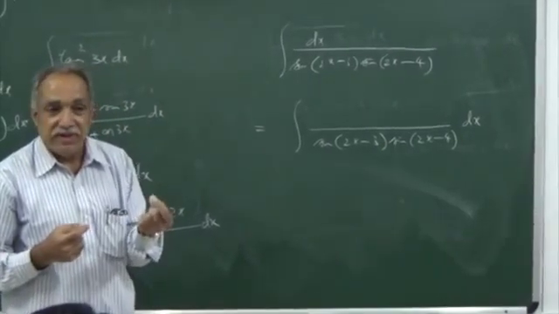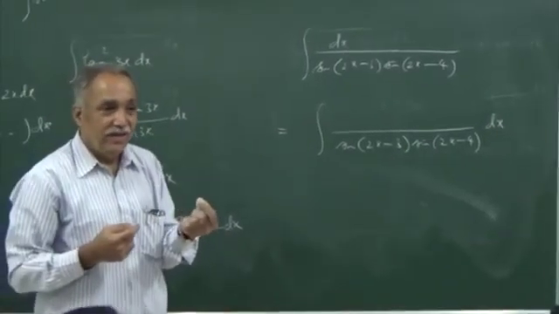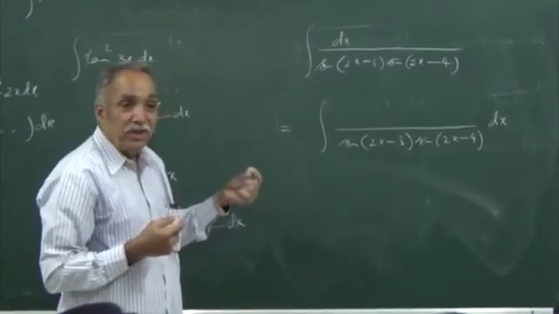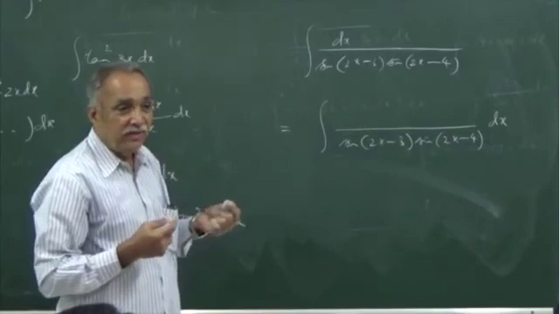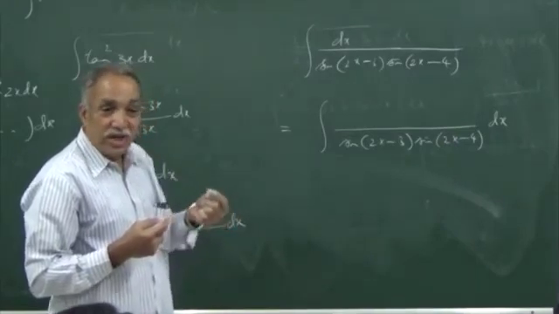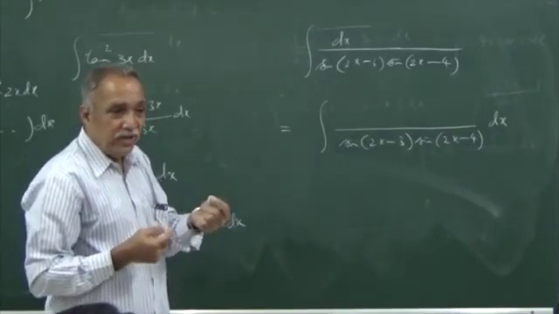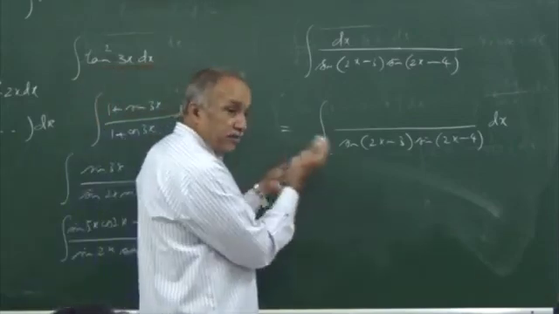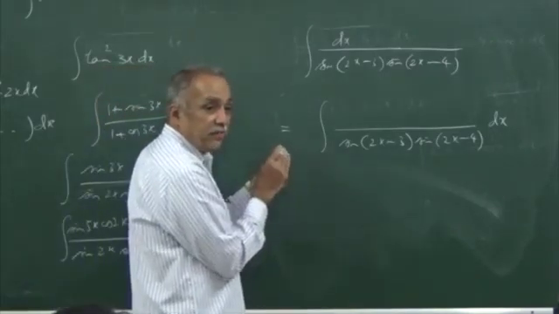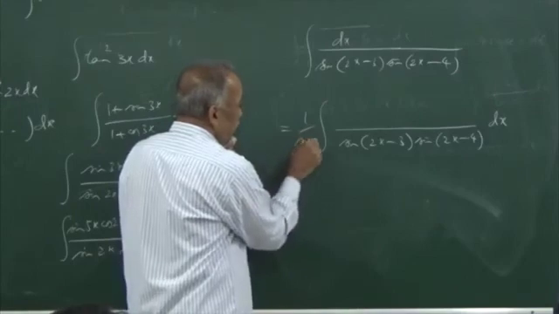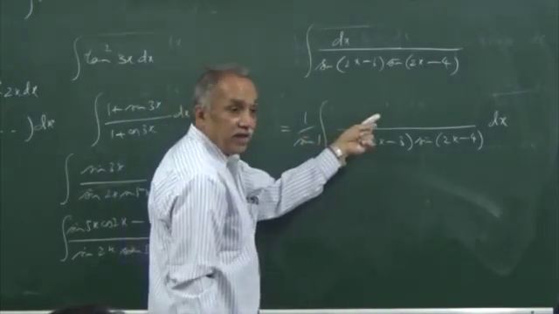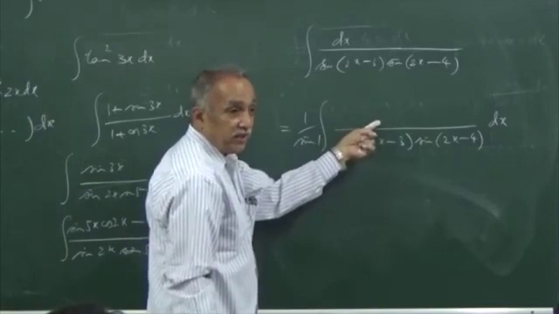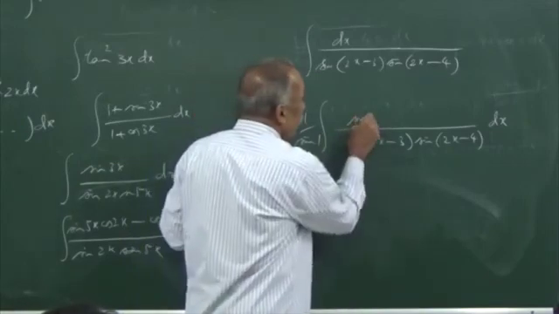How much is the difference? 1. I will multiply numerator and denominator by sin of 1. Sin of 1 is a constant, so I can write it even outside the integral sign. That will not affect the value of the integral. Inside, I will write it in the numerator of the integrand as sin of